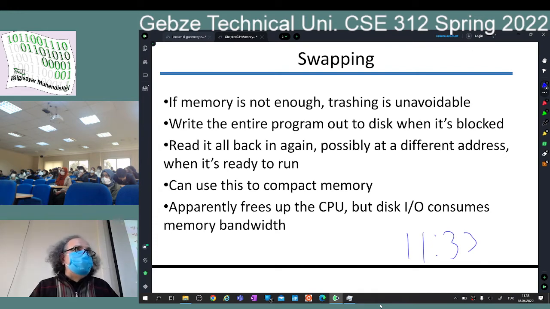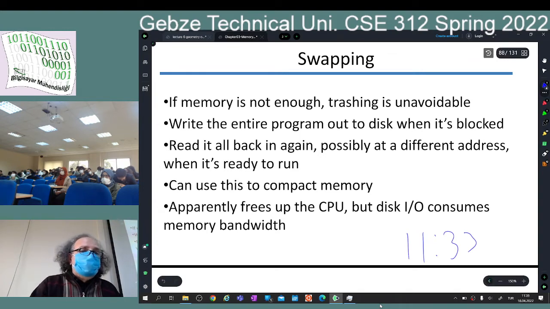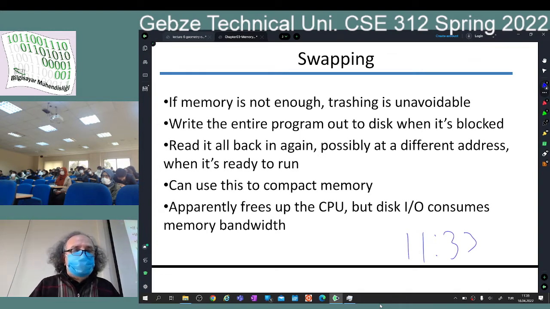When the context switch happens, this time the context switch is going to be much more expensive because I have to read the data back in, and I have to load the whole program, probably at a different address. And when my program is ready, then I can run. Okay, so apparently this is a solution, but it consumes lots of I/O bandwidth, and that's going to make my context switches a lot